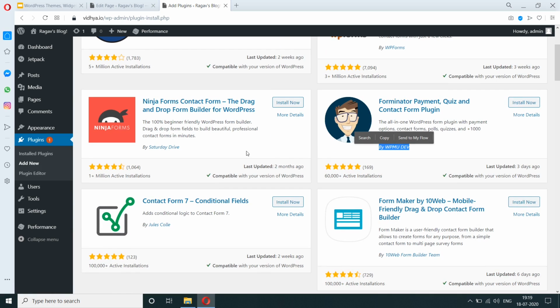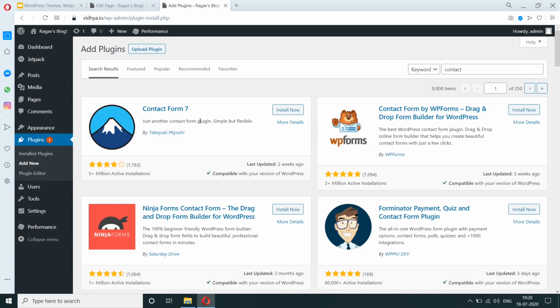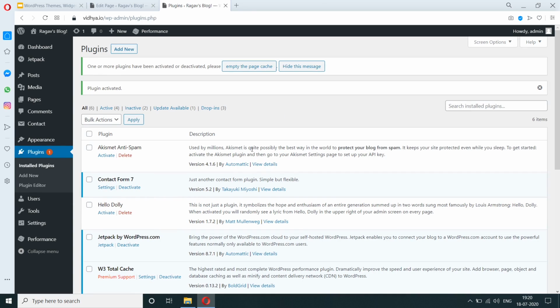Like this, every plugin has its own developer who does things and makes it available for us to install and use. So right now I'm going to install this particular plugin. I'm going to activate it.